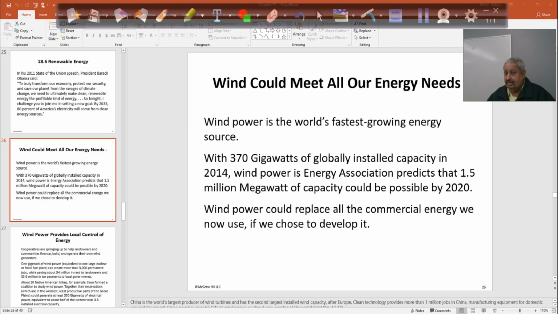370 gigawatts of globally installed capacity in 2014. Wind power is predicted to reach 1.5 million megawatts of capacity by 2020. And really, which one country in the world do you think has used wind energy very efficiently? You will not believe it. A small country in Europe, small country, but their